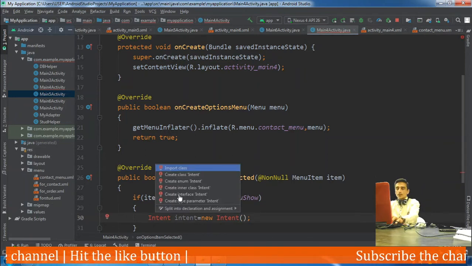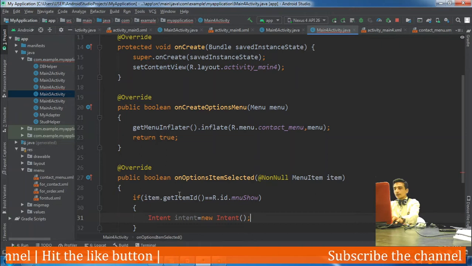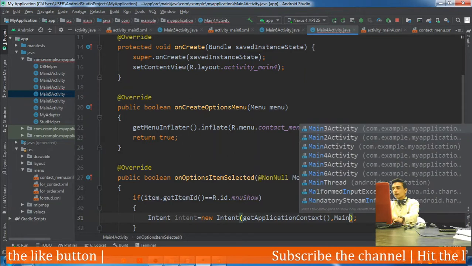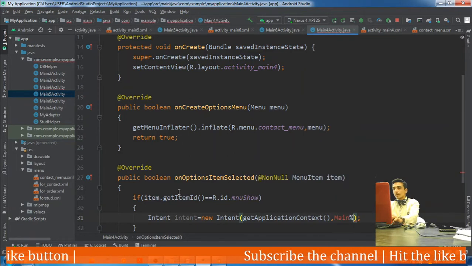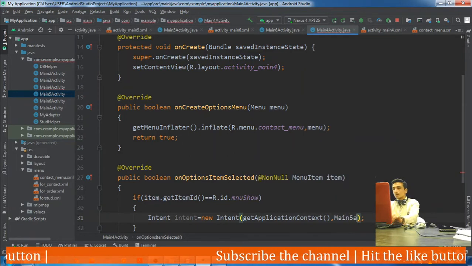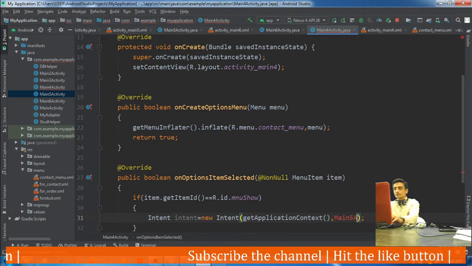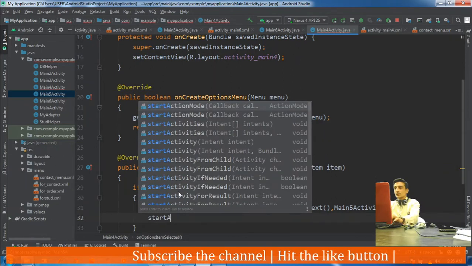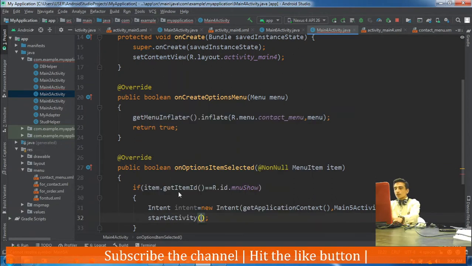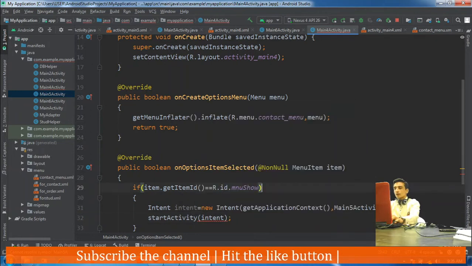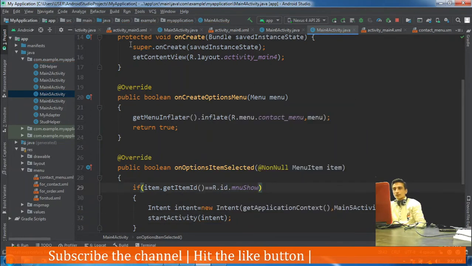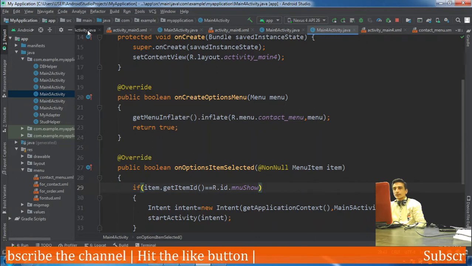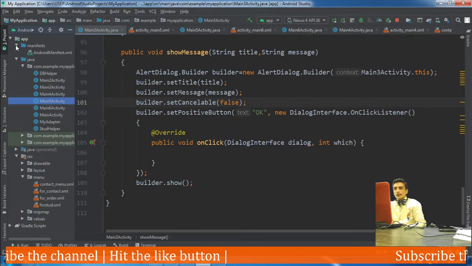The intent is to be imported, so Alt+Enter. The first argument is getApplicationContext. The second argument is the name of the activity, in this case Main 5 Activity dot class, and start the activity with the intent.